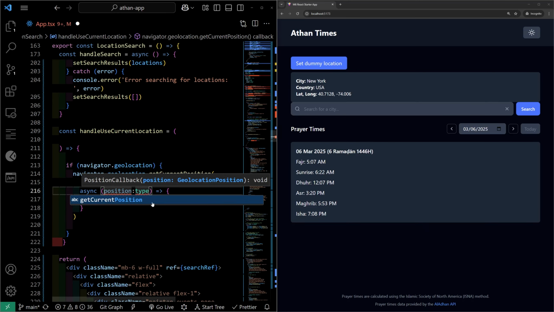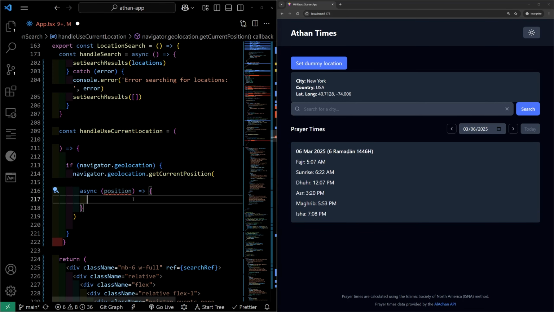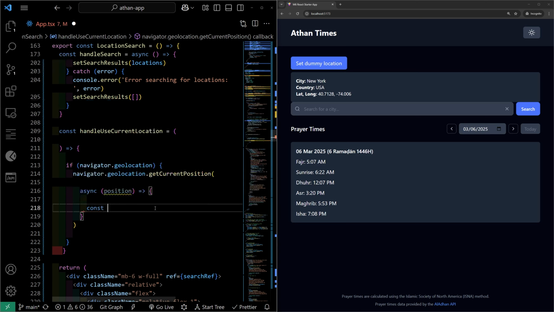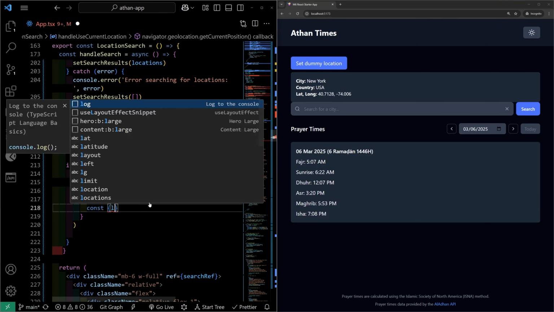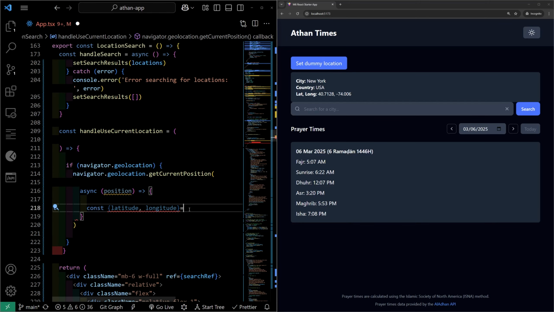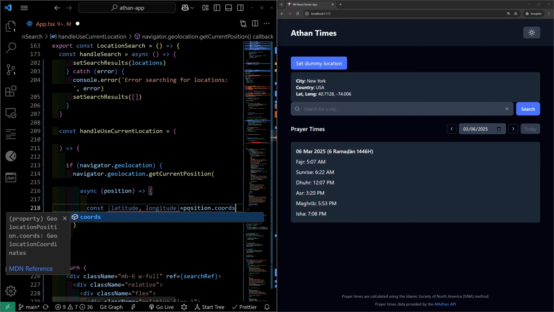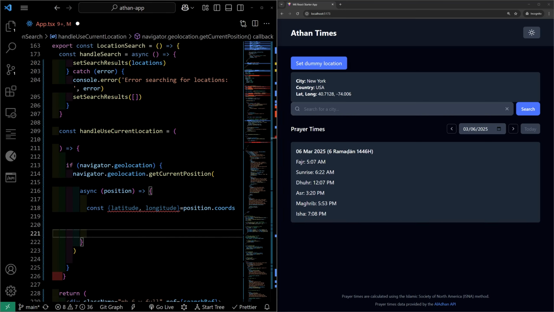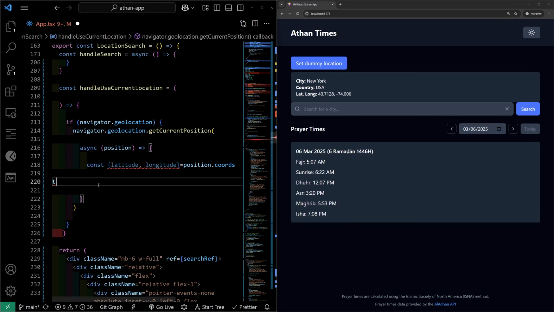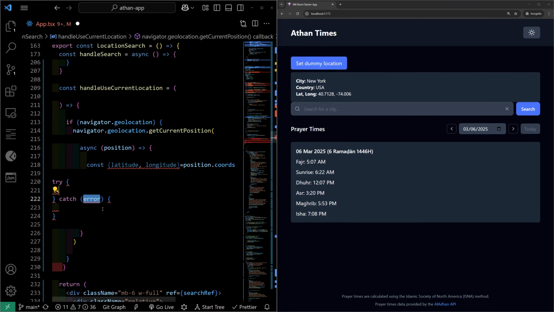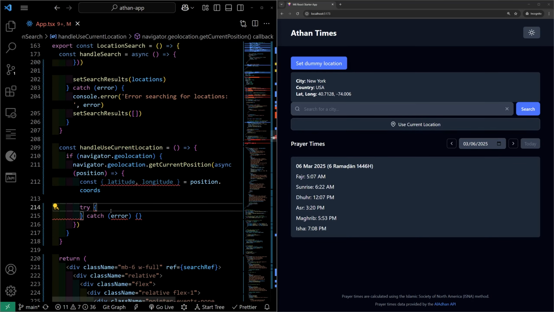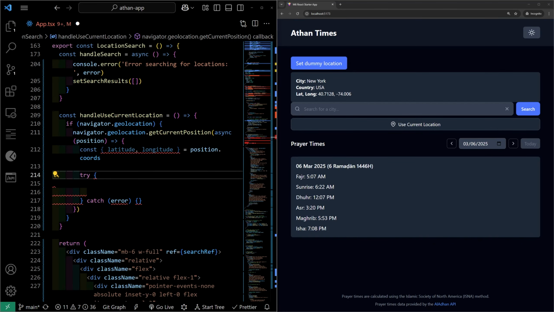So we're going to say position. There really isn't a type for this one. So here we'll grab the position coordinates. So we'll say const latitude and longitude from the position.coords. And when we have those, we're actually going to more or less copy what we did with the search, right? So we'll add a try catch right here. I'm going to save this to format it. There we go. So inside of the try, we are going to call the Nominatim API,